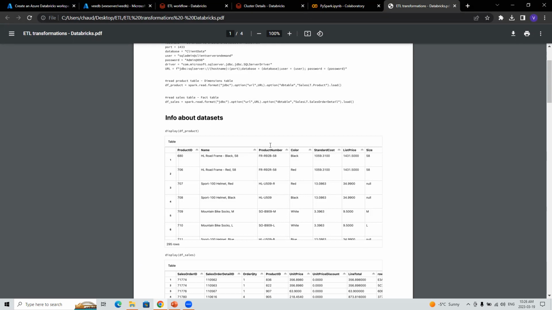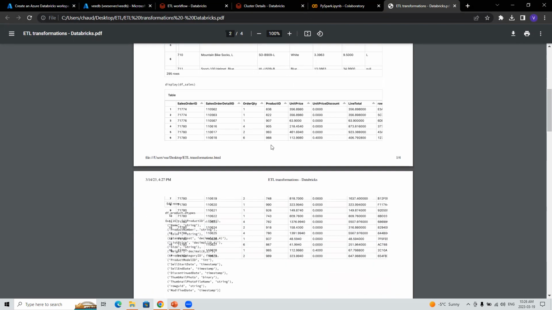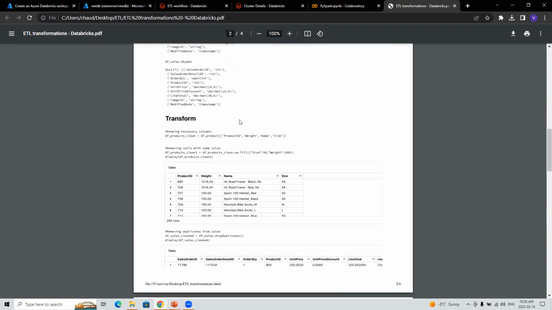Some of them are clean, some of them are not clean. They're having some issues. And this is the bronze layer as of now. So to get into the silver layer, because that is the workflow, we have to clean the data sets. We have to basically convert them in a way that we can use them for making business logic, business sense. So that's why we'll now transform them.